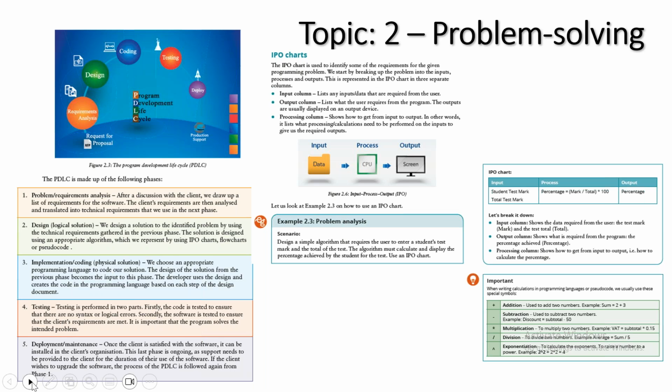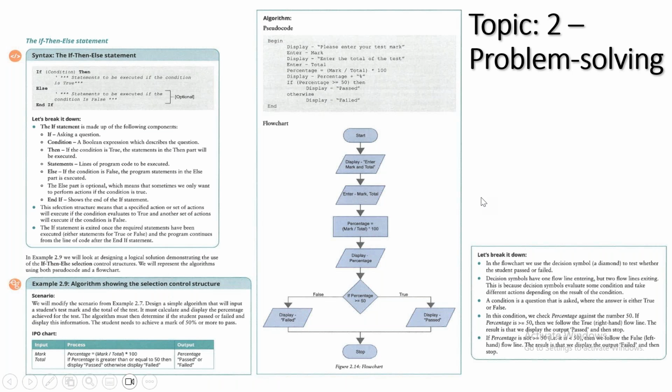So that's problem solving. And then we went one step further, because once students know how to design IPO charts, the next step is to be able to design algorithms. We went through it in great detail.